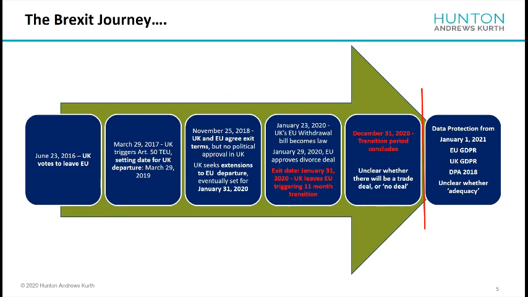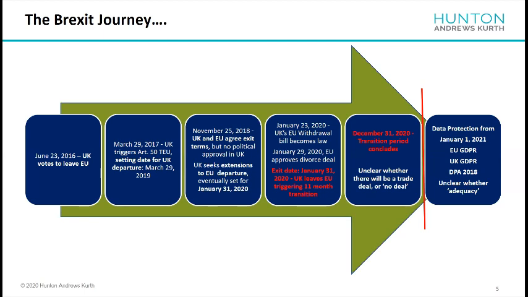There then followed months of political negotiations and wranglings, including a change of Prime Minister in the UK and a general election before finally Parliament passed legislation implementing the withdrawal agreement into UK law on the 23rd of January just this year. Following the EU's ratification of that withdrawal agreement, the UK then left the EU at 11 p.m. GMT on the 31st of January this year. So as I've said, we're now in a transition period. This is essentially to allow for trade negotiations.